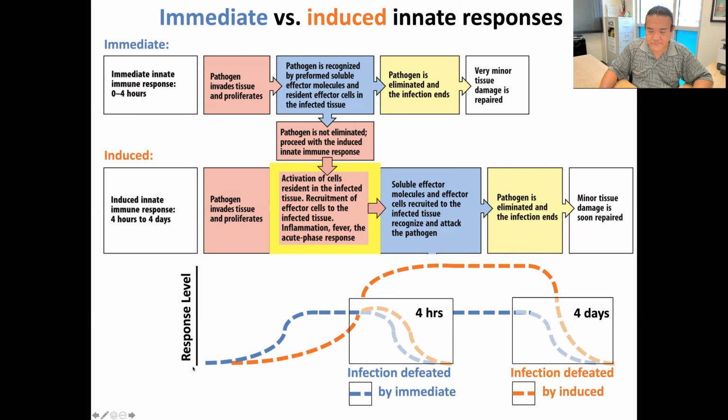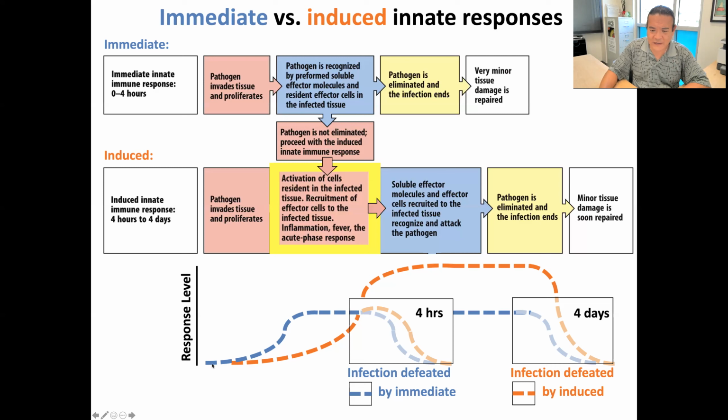Let's imagine that on the left here is the moment you are infected through a cut. The x-axis is the amount of time elapsing from the moment the infection started. And on the y-axis, we'll imagine something we'll arbitrarily call response level. In other words, this is like the activity of your immune system. Let's first look at a scenario